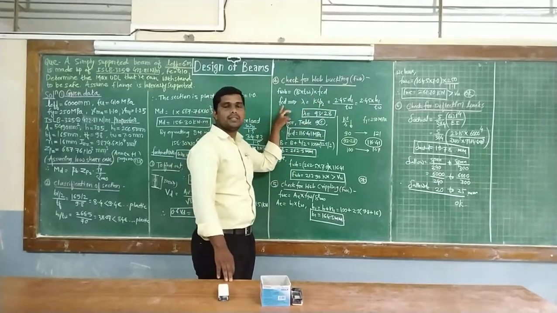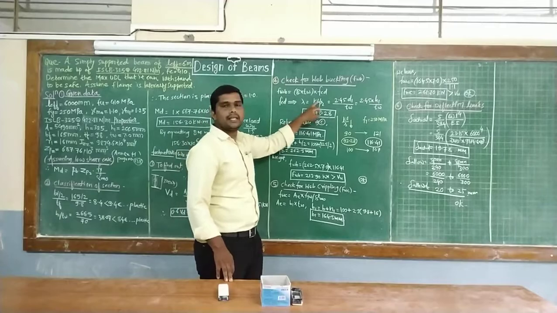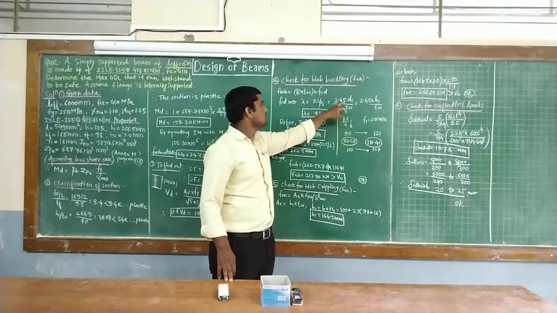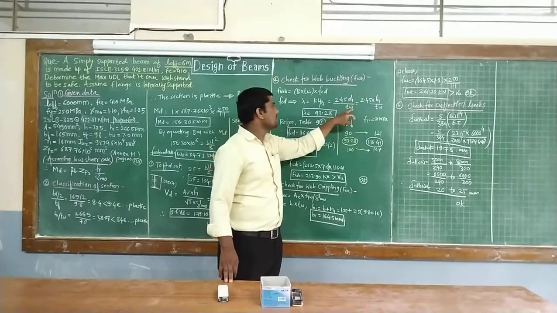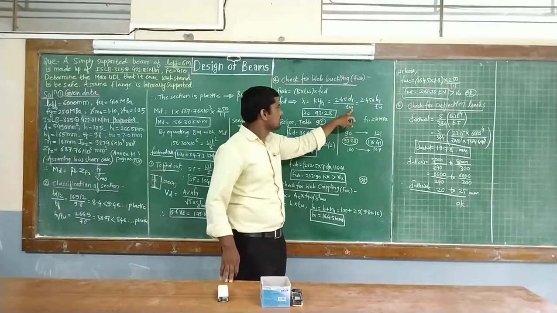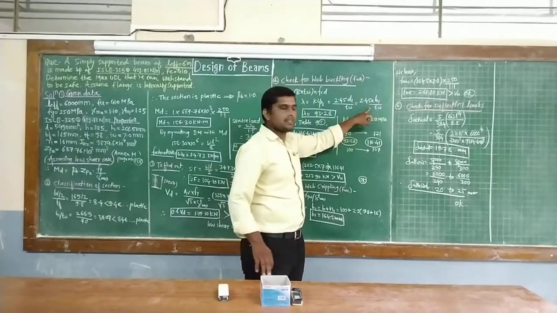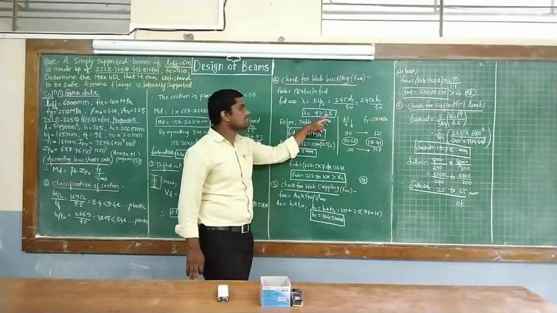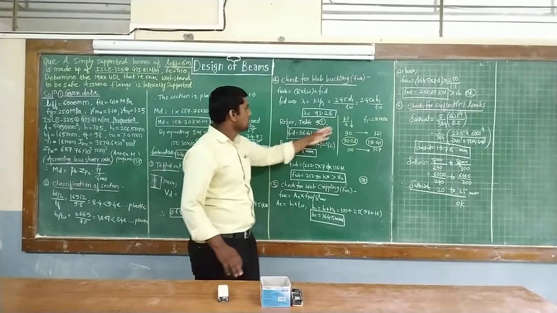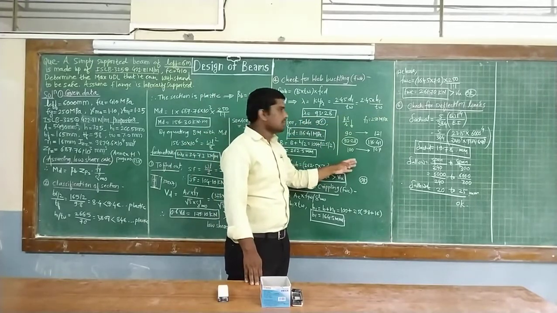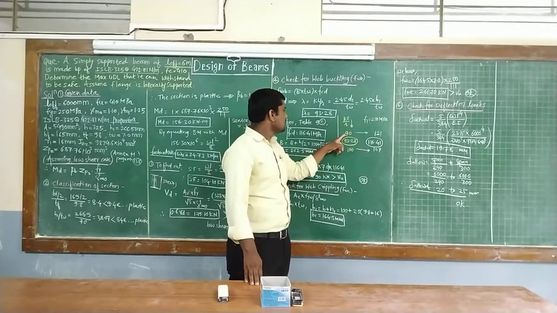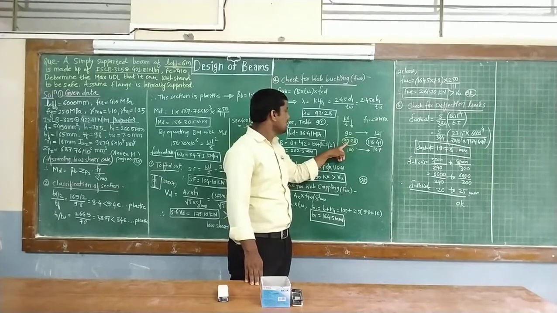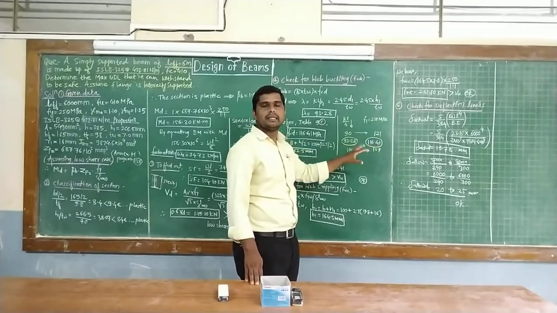So here we are going to find the fcd value by using lambda, which is equal to KL by r. Here this ratio we are going to take, that is 2.45 times b1 divided by tw, the thickness of the web, or this can be noted the same way as 2.45 times h1 divided by tw. So lambda will be 93.28. According to that we are going to do the interpolation, knowing these values. So KL by r of 90 and 100, and in between we have the slenderness ratio 93.28. For that we are going to find the respective answer.